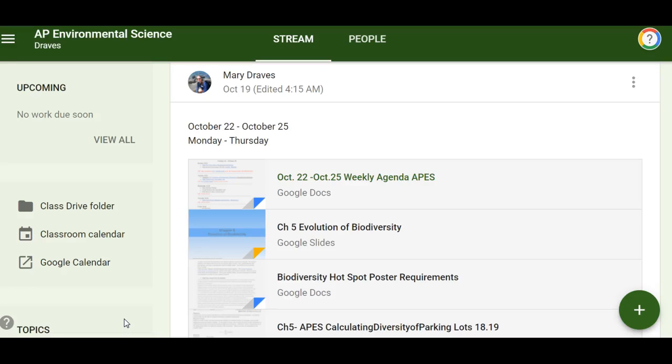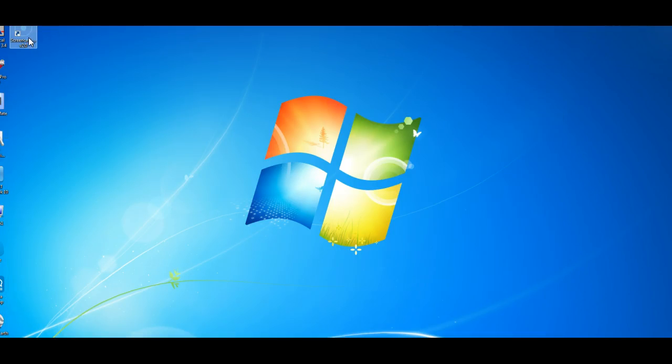Hello, this is a recording to teach teachers how to use Screencast-O-Matic, which is the ability to record your lessons, and it comes in handy, especially with students that maybe need to hear it again or a few more times. So what I did to start this was I clicked on this desktop icon, Screencast-O-Matic,